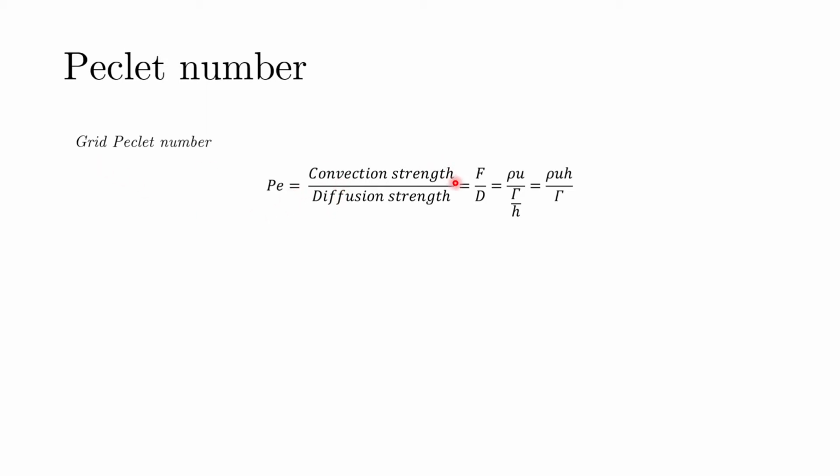And if I want to represent it mathematically, this is basically the parameter F that we defined in the last lecture divided by the value of D. So if I substitute these values here and here, because when I define this D, I'm using gamma over h, where h is the grid spacing, that is why this kind of representation of the Peclet number is called the grid Peclet number. So the mathematical expression comes out as: the grid Peclet number equals rho, that is the density of the fluid, times the convection velocity times the grid spacing divided by gamma. So we'll see very shortly why this particular Peclet number is of such importance.